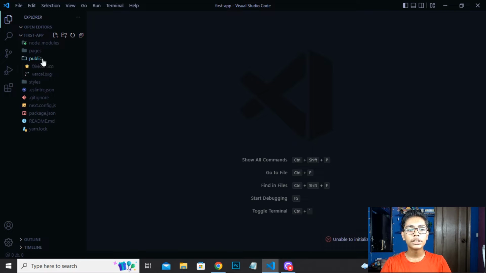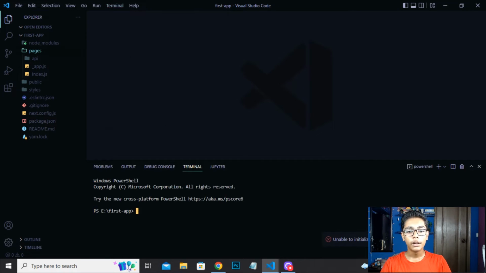Now we have to run our next step in our browser. To run it, you have to do one thing here: go to the terminal. Now you can see we are directed in our folder, which is called first step. Now I will be writing the command npm run dev, which will run your Next.js app in your default browser. My default browser is Opera, so it will run my app in the Opera browser.